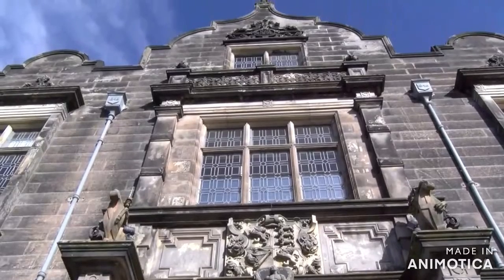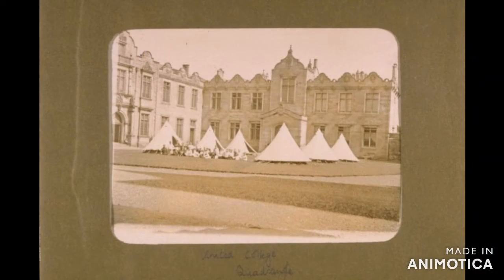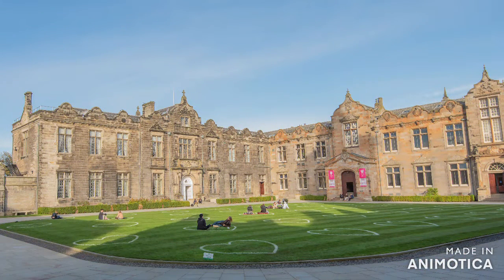The refurbishments of the quad over the 19th century transformed it from a dilapidated group of buildings to the buildings we would recognise today,